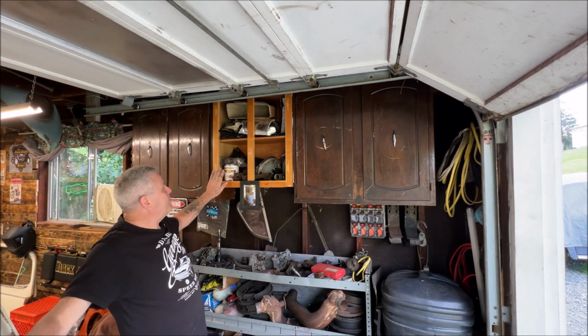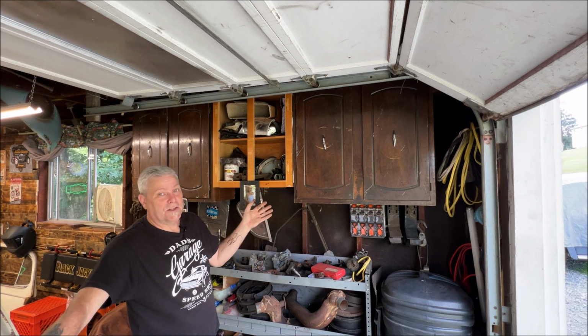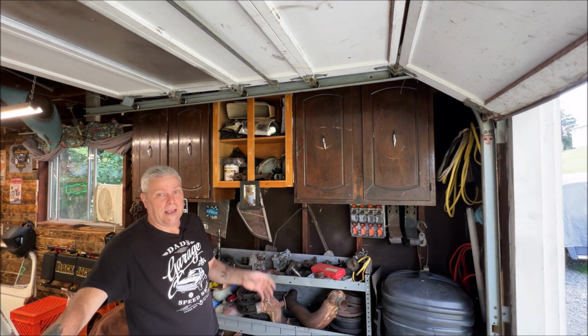And picked up kitchen cabinets for $10 a piece. You can't complain about that, and it's nice storage and it's cheaper than buying brand new cabinets. So